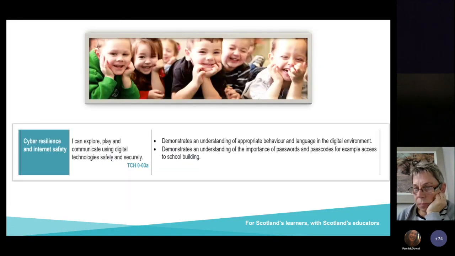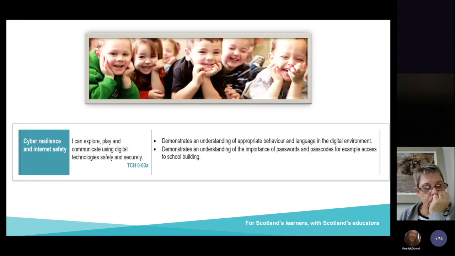Now, I'm just going to highlight this quite quickly because George has already spent quite a long time on this in his previous presentation. If you haven't been able to go to George's earlier presentation, please do go in the afternoon. I did mention digital wellbeing, cyber resilience and internet safety. That's a key concept of digital literacy from early all the way through to 4th level. Having access to digital technology is fantastic, but must be used responsibly. Cyber resilience and internet safety is a big part of digital learning and must be taught in tandem throughout the year and not just on Safer Internet Day and other events.